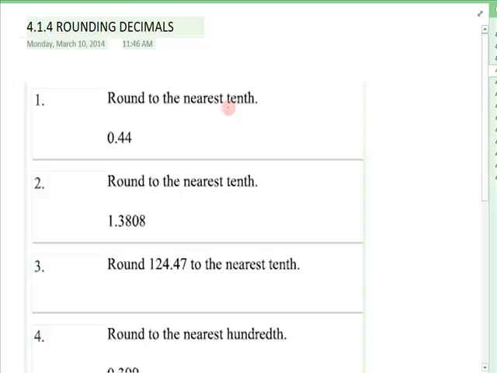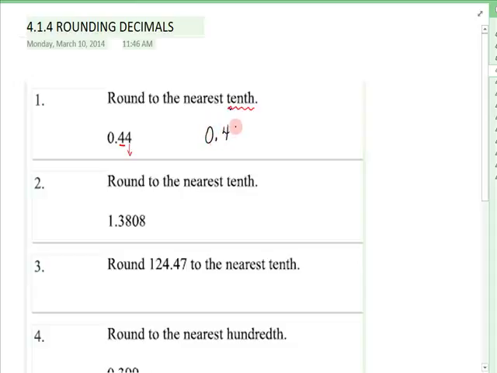The first one says round to the nearest tenth. Well, the tenths place is right here. It is the 4 behind it that makes a decision for us. Does it tell us to drop it off or to round up? So we're always going to look at this. The 4 tells us to drop that. So it's going to be